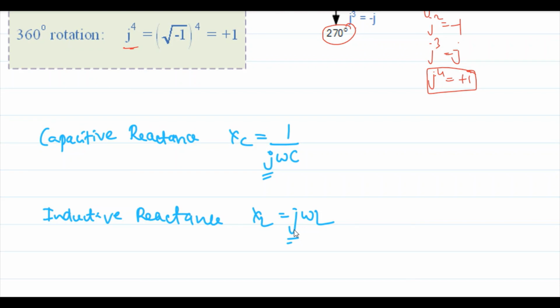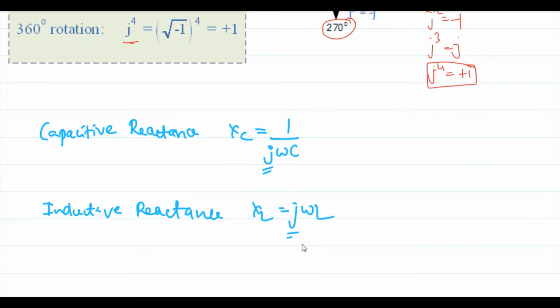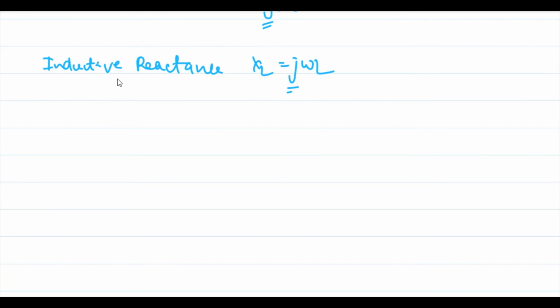As of now, in the next class, we are going to discuss the AC circuit with resistance, capacitance, and inductance in series. That is called the series AC circuit, which we will start in the next class. Before concluding this class, I am going to give two assignments based on what I have taught today.